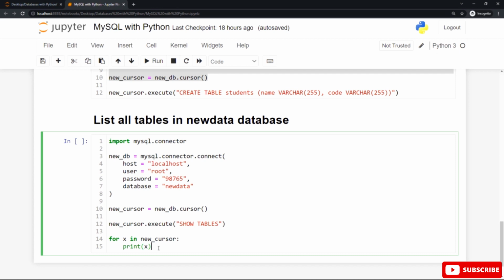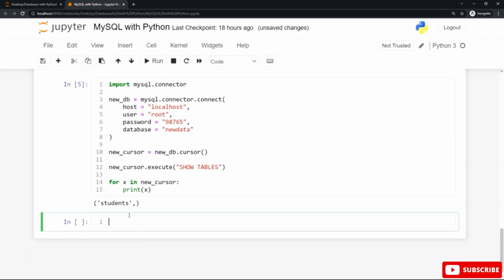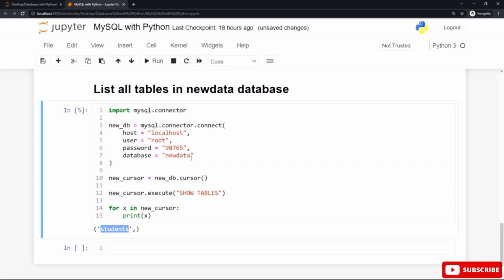Hit shift enter or shift return, and you can see we have one table, only a single table inside this database called new data. This table called students is created successfully with no problems, with no errors at all, as you can see.